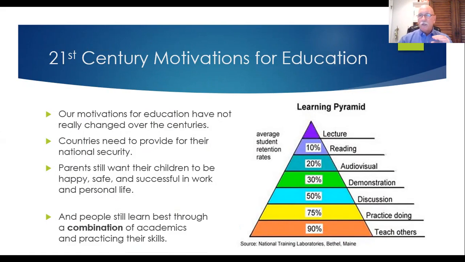90% of people learn most when they teach others something that they've learned. So I learned something and then I prepare to teach somebody else and I teach them, and that makes me learn it even more. 75% of people learn by just practicing. It's kind of like an athlete, right? In sports, if I want to get good in sports, I practice a lot, I learn even better.